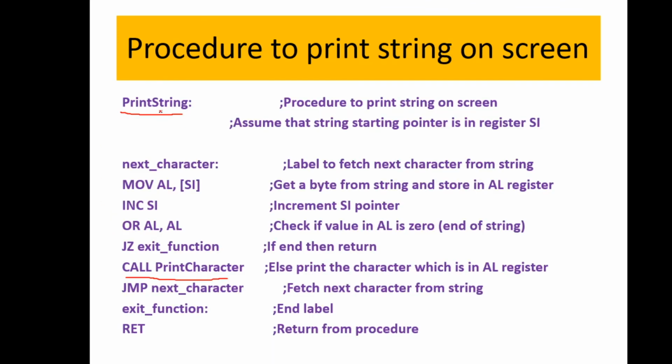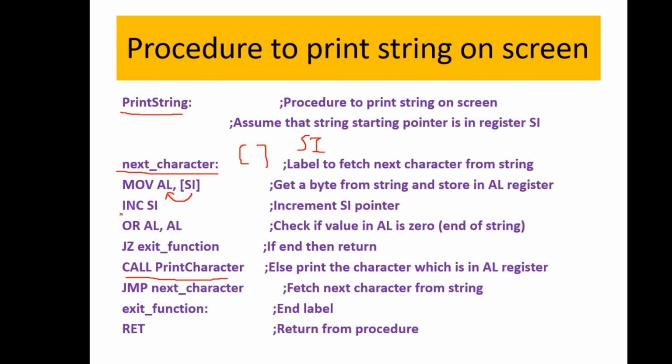So print string is an instruction set which helps us to print the characters. Since it is a sequence of instructions, we are going to repeat the process. So that's why we have another label called next character. To take the next character, we have this. Now the content of your SI register will be moved to AL. AL is a gateway. Through AL only, the variable values will be displayed on your screen. When I put the square bracket, it indicates the content of SI. If I use SI, SI will give you the address. If I put it in the square bracket, it gives the content.